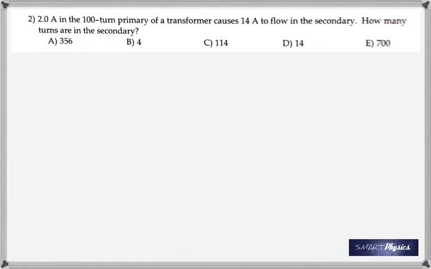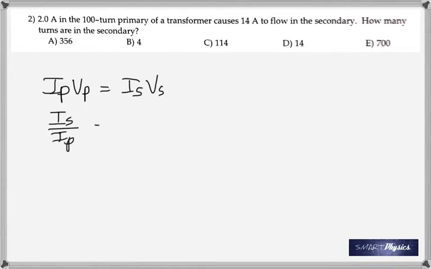2 amperes in the 100-turn primary of a transformer causes 14 amperes to flow in the secondary. How many turns are in the secondary? So you have IP and you have IS, and we know that the power in the primary is equal to the power in the secondary. And you can rearrange that